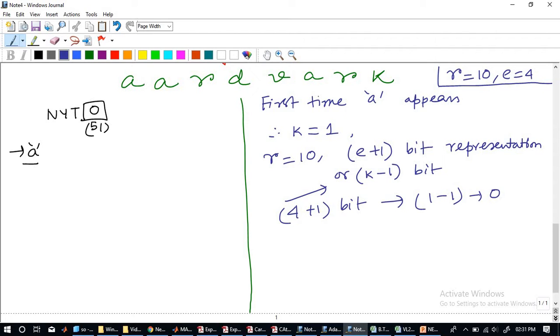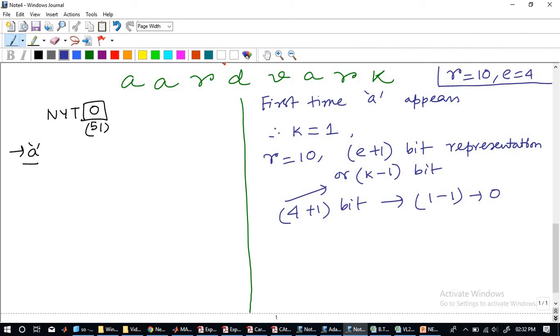Why I did it? Because the first rule is that you have to have an NYT code and fixed code when the first element enters, when it's not repeated. NYT code will take care of it later. We are trying to find out what is the fixed code. But the rule for fixed code is the first case, if you consider case 1, that if K is less than 2R, which in this case is satisfying because K is 1 and 2R is 20.